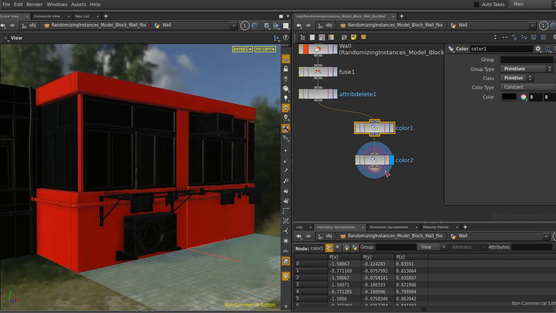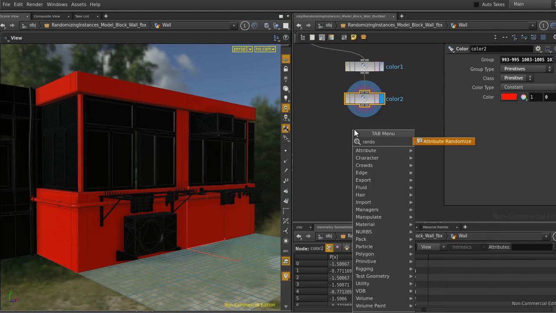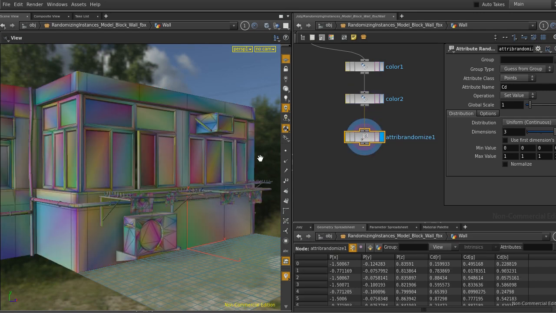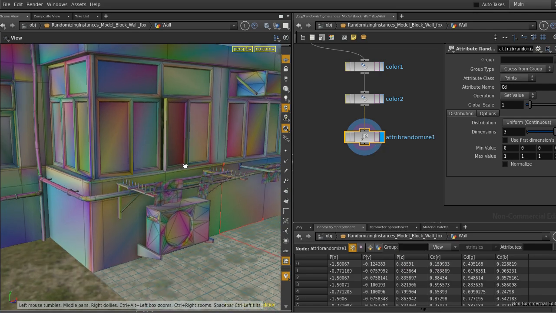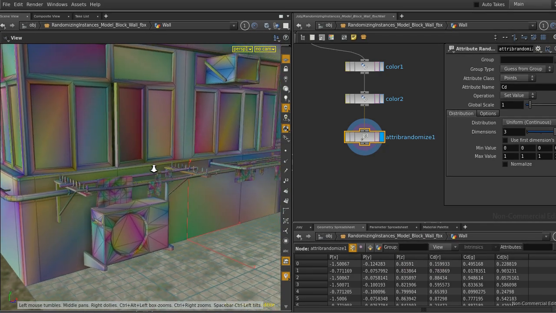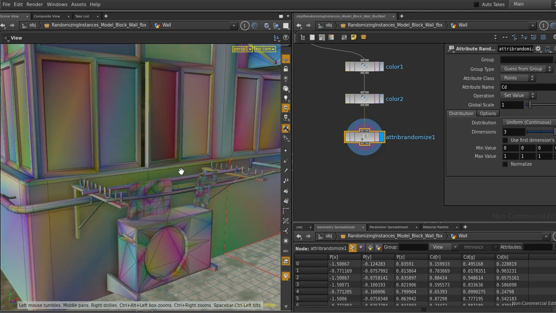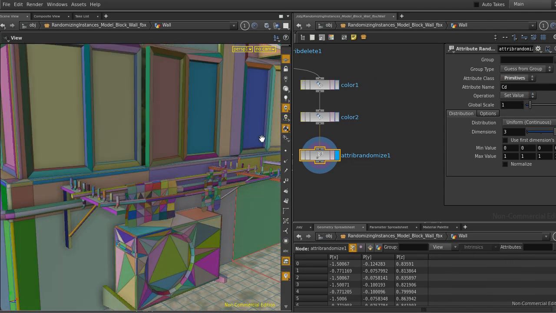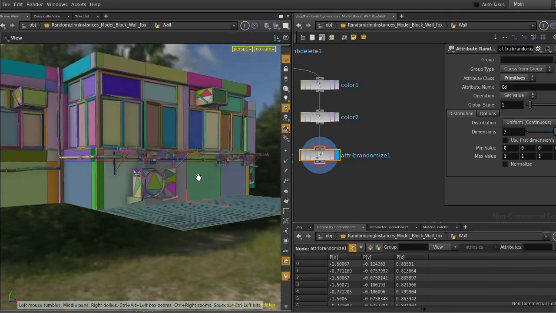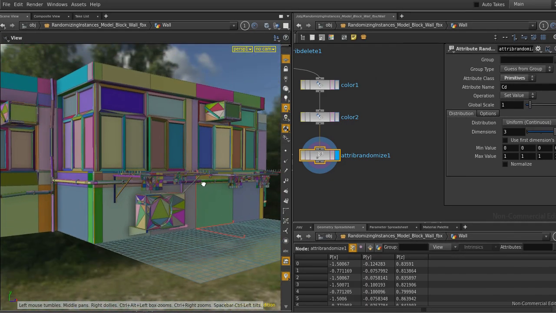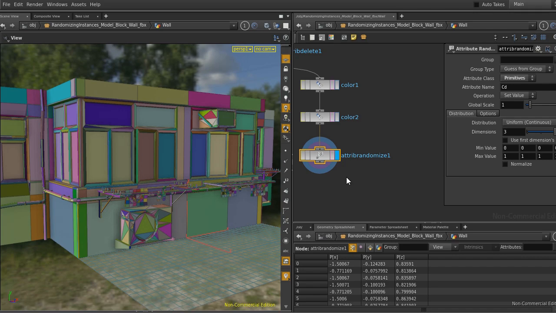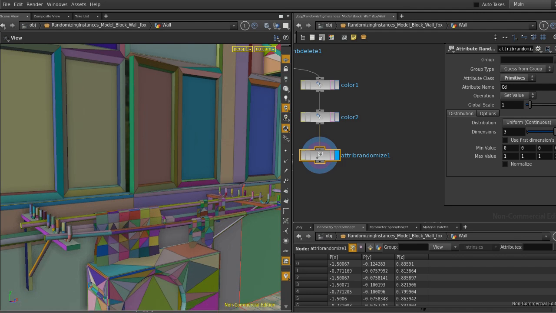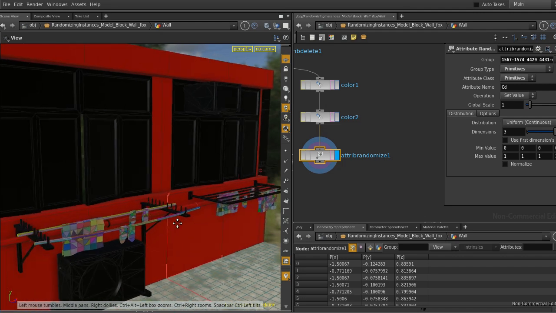Now, for the green channel, I take the node that's called attribute randomize. There is really a ton of nodes like that. Houdini is an artist tool. You can write scripts, you can write code, and you will in the advanced later stages. But the nodes are really useful. So here primitives again. And as you can see, it shows a random color for every primitive. That's not exactly what we want. The first thing is that we want only to modify the secondary items. Okay, great. Only these things are randomized.